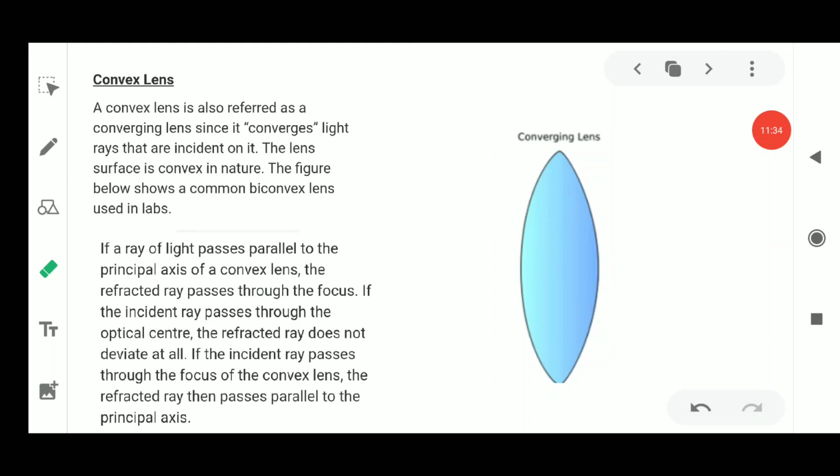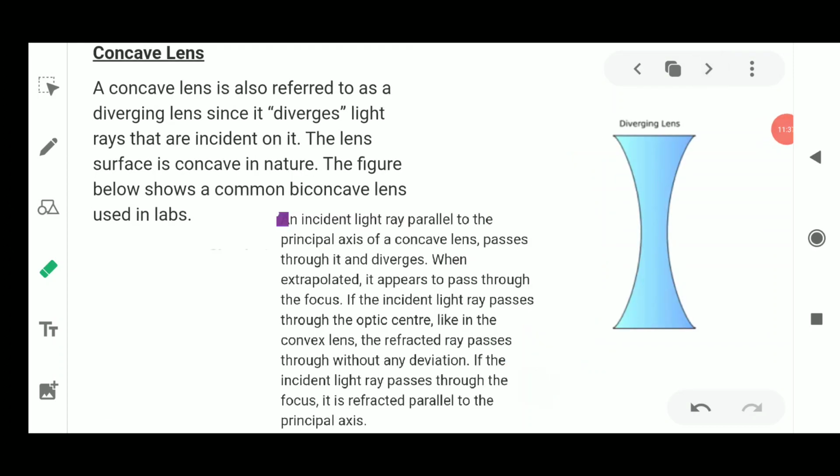Now we move on to the next slide, which is showing you the next diagram of the next lens, that is the concave lens. Again I'll repeat the same thing: the mirror which we studied was the concave mirror, where the reflecting surface was curved inwards. Similarly here in these lenses, as it is transparent, the refracting surface will be curved inwards from both the sides. So the concave lens is made up of 2 refracting surfaces which are curved inwards.